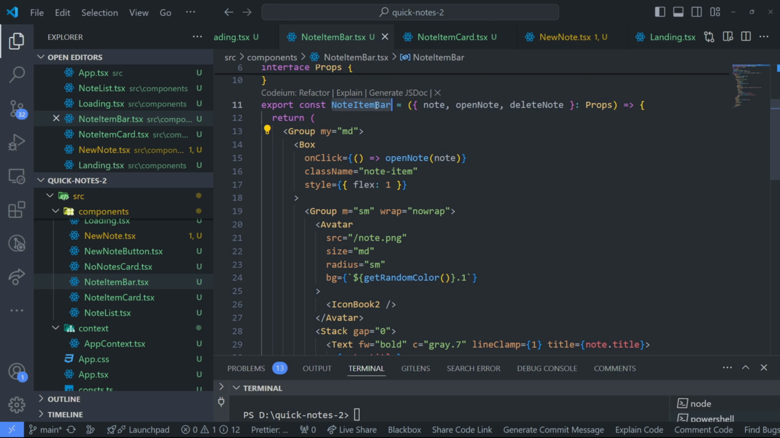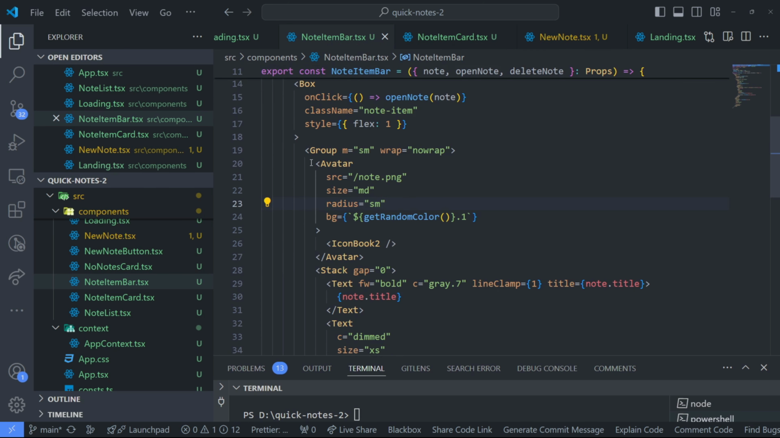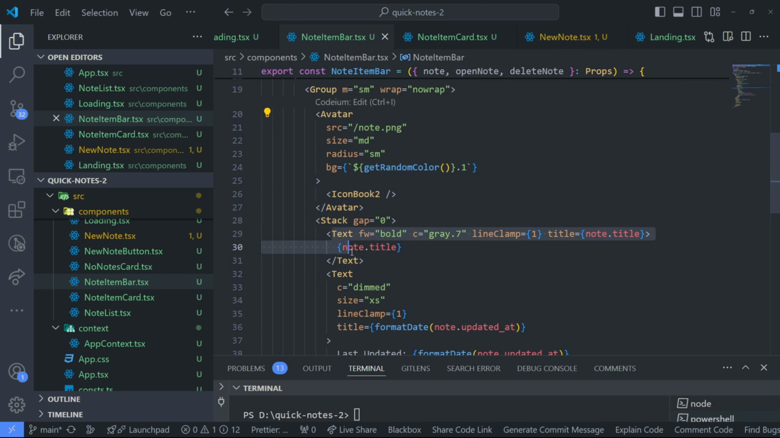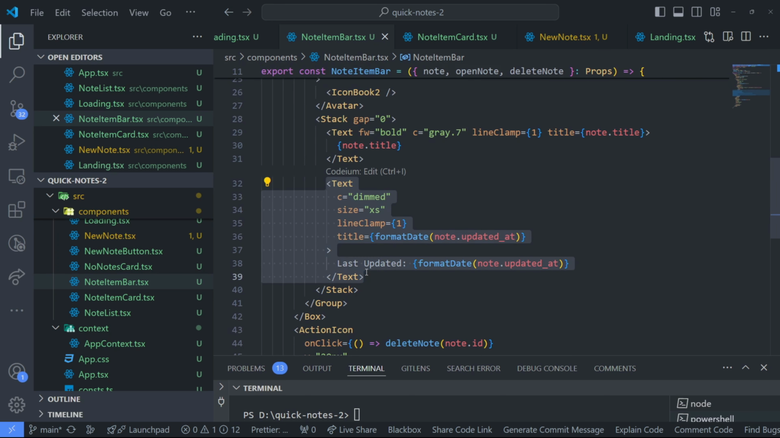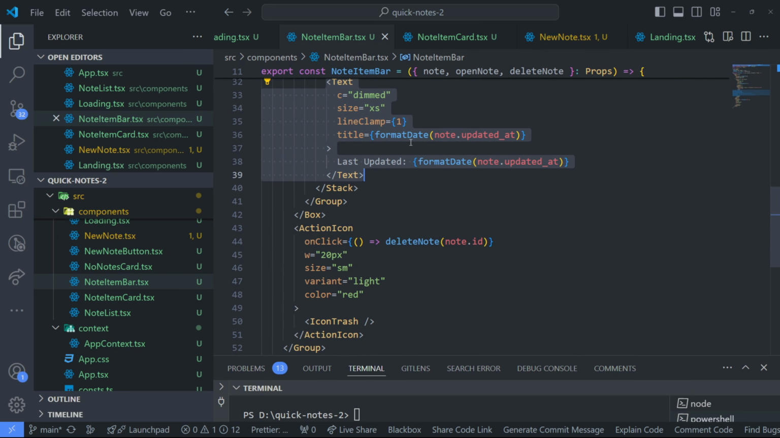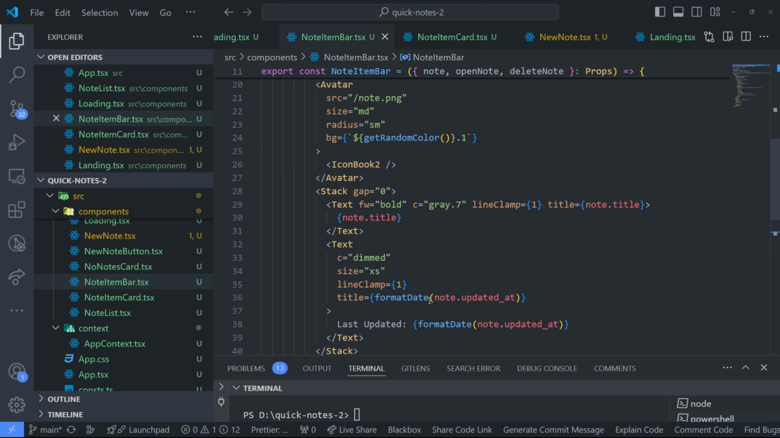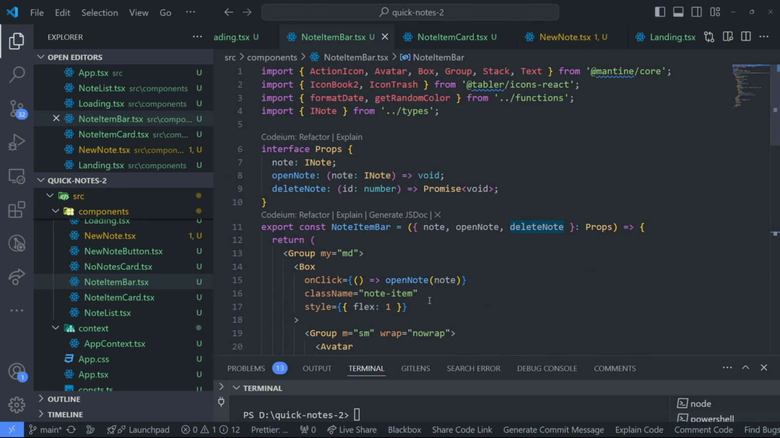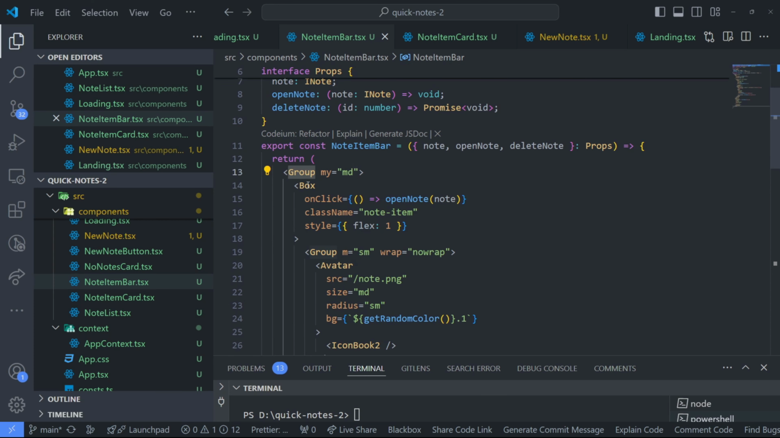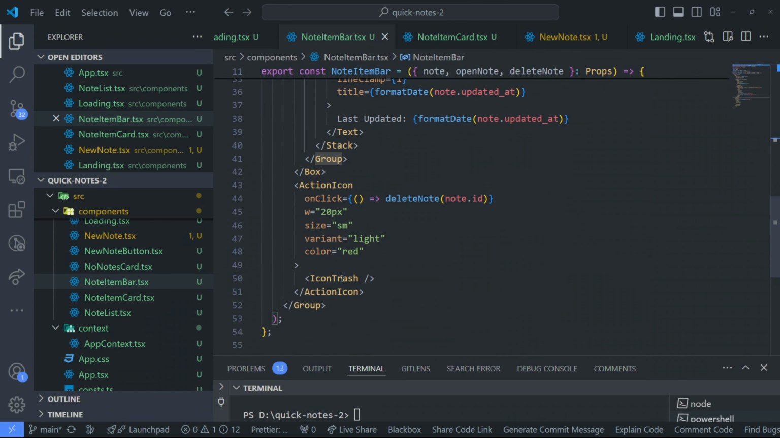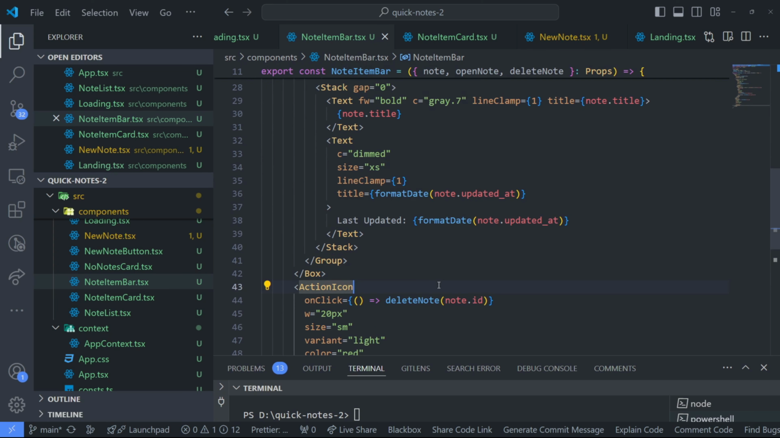But yeah, that's the other item, right? So we have similar stuff like the avatar, the note title, last updated dates, with the same kind of functions that I'm using, just that the layout is a bit different. As you can see, this is not using card, this is using group. It's a box and some group in here, right? So this is just to change the layout, right? Different cards for different layouts. So I'm going to be using note item bar and the note item card